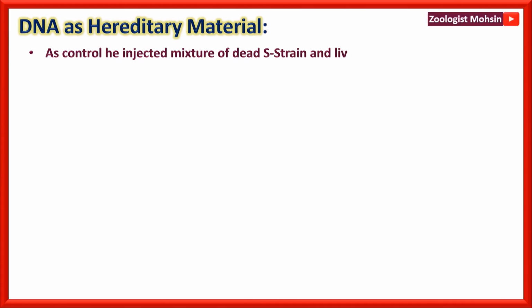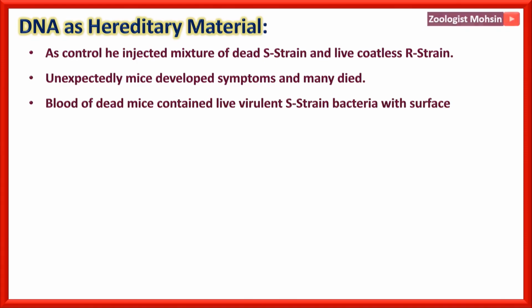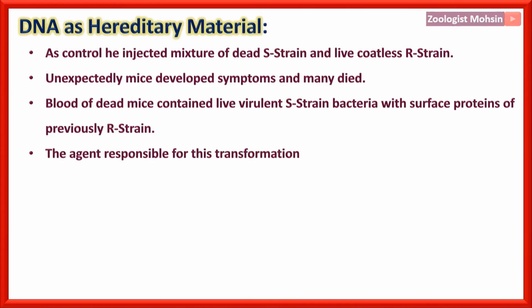As a control, he injected a mixture of dead S strain and live coatless R strain. R strain does not have a coat. Unexpectedly, the mice developed symptoms, and many of them died as a result of this injection. Why did this happen? The blood of the dead mice was then analyzed and contained live virulent S strain bacteria with surface proteins of the previously R strain. So that kind of transformation had occurred from R into S form. The agent responsible for this transformation remained undiscovered till